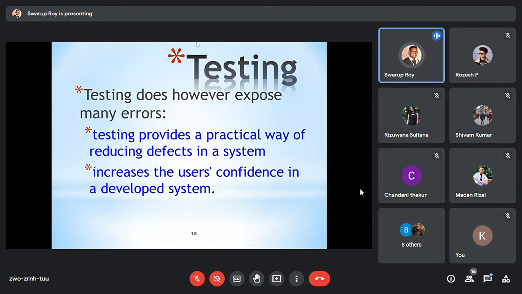Testing basically provides a way of reducing the effect of errors. Up to a certain level, if your system is performing error free, then you can sell or deliver it. Say for a flight reservation system or a railway reservation system, can you imagine how complex that system is? Because of some network error, some database error, or some other faulty programs,